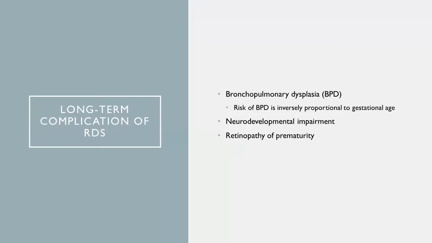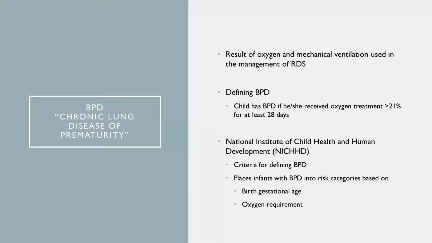So bronchopulmonary dysplasia is the long-term complication of RDS, and the risk of BPD is inversely proportional to gestational age. Neurodevelopmental impairment, as well as retinopathy of prematurity, are other long-term complications of RDS. So BPD is also considered the chronic lung disease of prematurity. It's a result of oxygen and mechanical ventilation used in the management of RDS, and BPD can be defined as